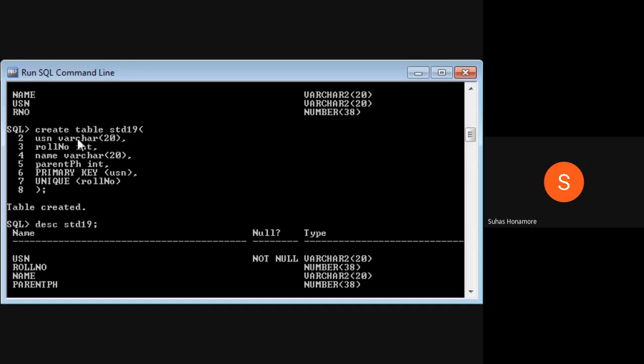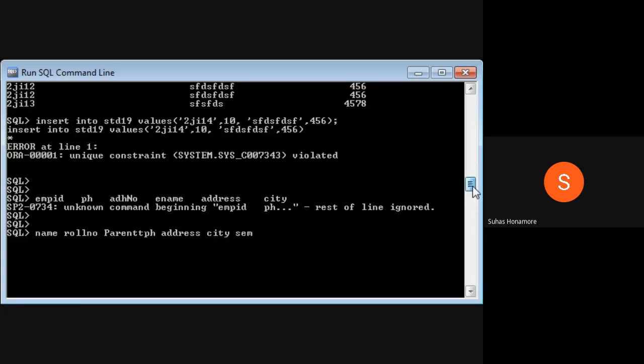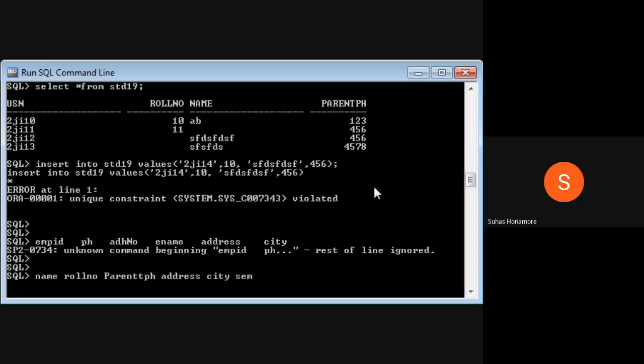Here we make the constraint that USN is a combination of characters, and roll number is always a number only. I can't give roll number as ABCD. So this is also indirectly a constraint. Like this we studied three constraints: one is the primary key constraint, one is unique, and one is the data type given to each attribute. So a total of three kinds of constraints we studied now. This is the basic one. Any doubts till now? No. Some people were asking doubts personally, I will take care of those. Any doubts in this one? No, sir. Okay.